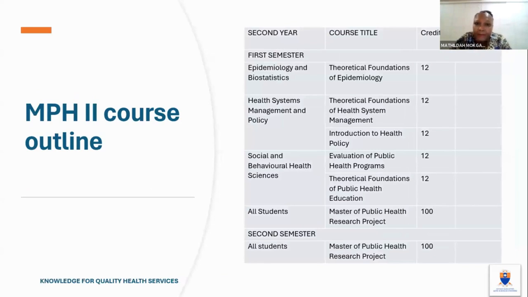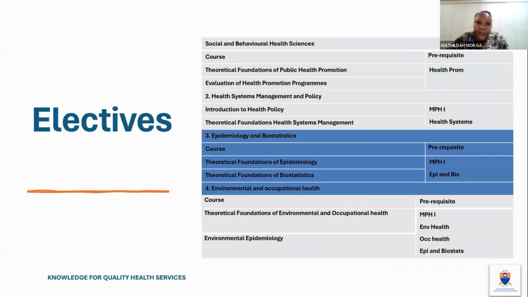And in your second year, for the generic public health that we are running, because of shortage of staff, we trimmed it to these few cognate courses within health systems, epidemiology, biostatistics, social and behavioral health sciences. Then by then you will have met the requirements of having 8 modules for getting your MPH and the second semester of completing your research project, and that has been doable since we were reviewed and advised accordingly. We are achieving this one.